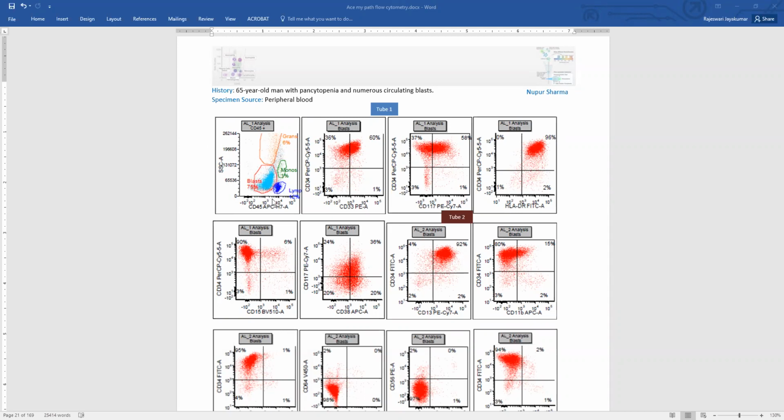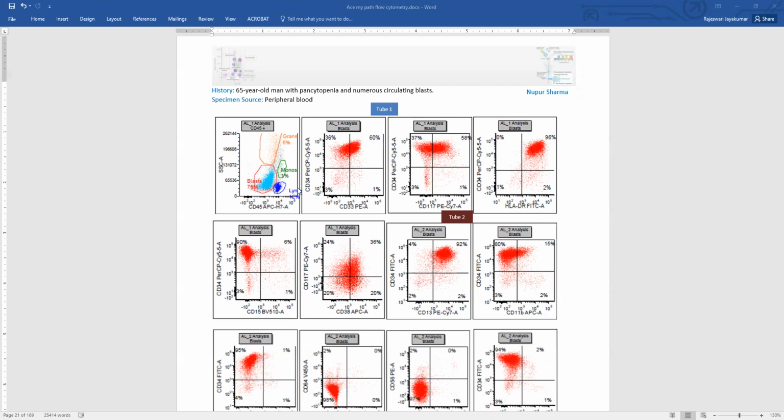You may want to remember that some labs use CD45 on the y-axis and plot side scatter on the x-axis, so sometimes the plot may look a little reversed. Here, in all the chapters in our book, we are going to see CD45 on the x-axis and side scatter on the y-axis. And the population that has the brightest CD45 and low side scatter, those are the lymphocytes, because